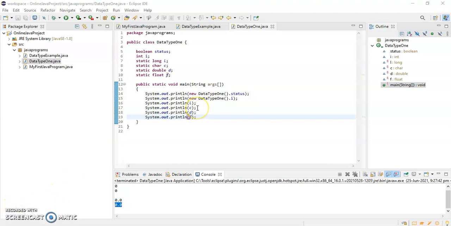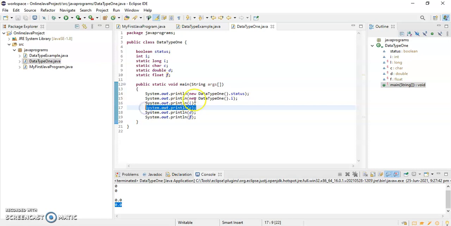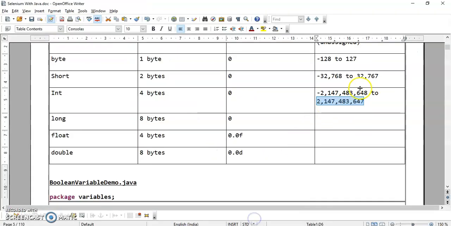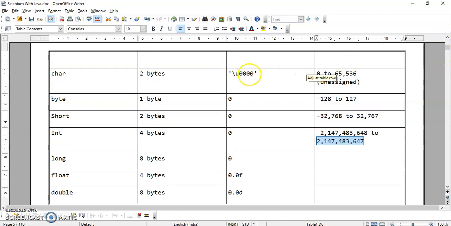Okay, so if you want to print the default value of character, it will not print anything, but if you see, the default value of character is this. Okay, but if you try to print it out, it will not print, but this is the default value of character.